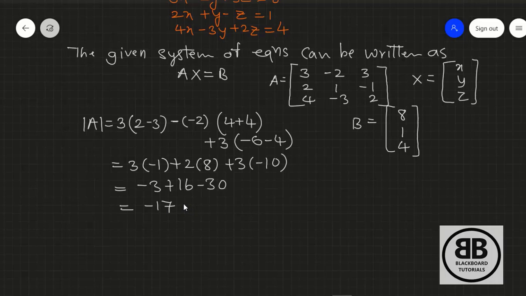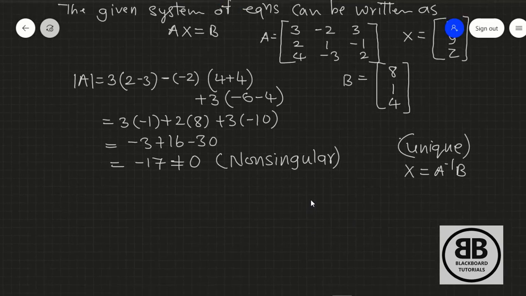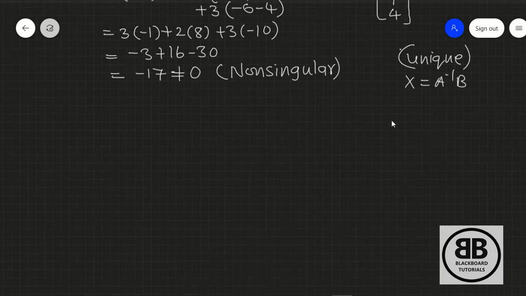So it is minus 17, that means it is non-zero, and non-zero means the coefficient matrix is non-singular. And if the coefficient matrix is non-singular, then the solution is a unique solution, and that solution is given by x is equal to A inverse of B. Okay, so our coefficient matrix is non-singular, so we are having unique solution. So for that purpose we need to find